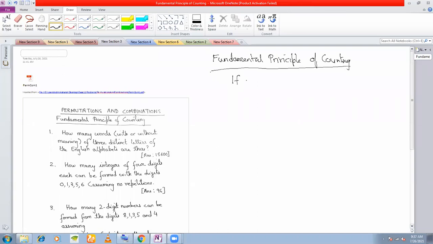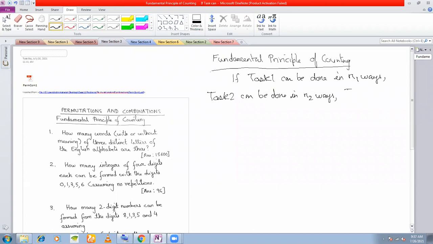If task 1 can be done in say n1 ways, task 2 can be done in n2 ways, task 3 can be done in n3 ways, and so on,